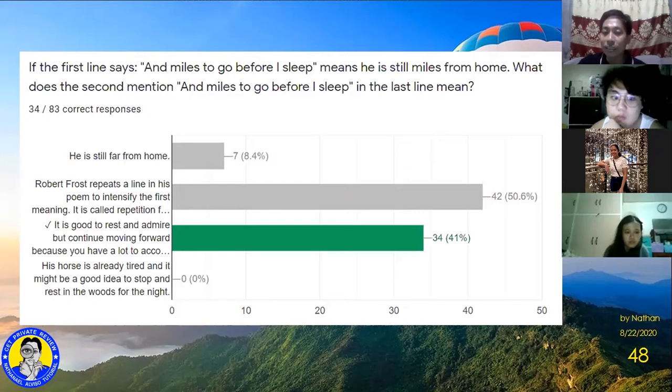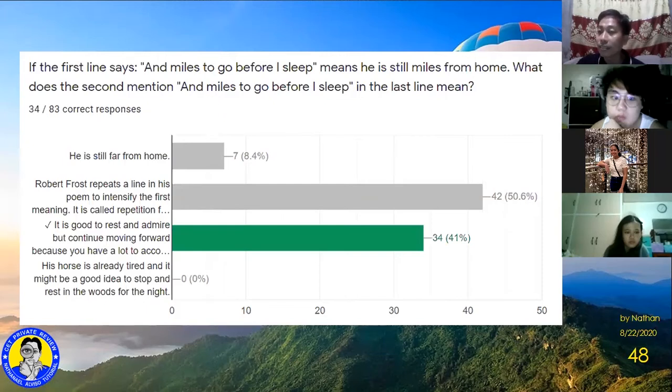So the fact that he repeats the two lines means the first one is for the first meaning. He's literally miles away from his house where he sleeps. And on the second line, it has a deeper meaning. That's why this poem is very